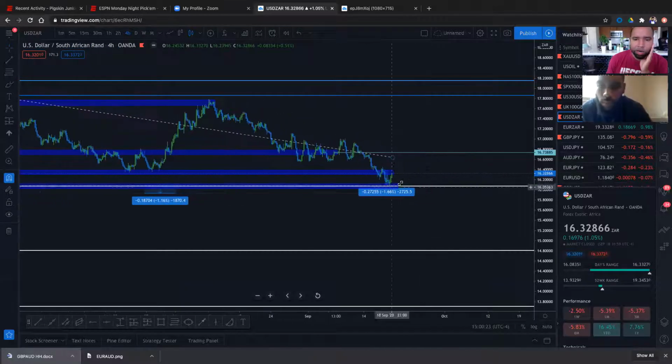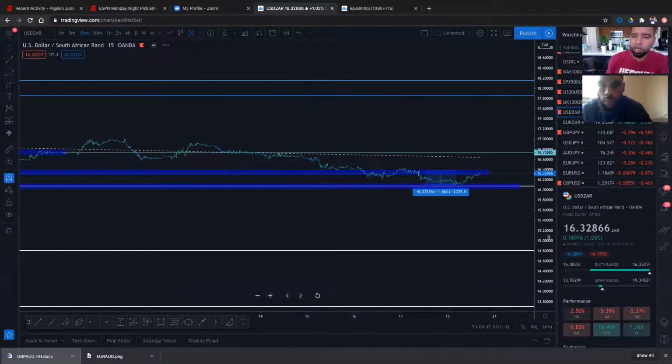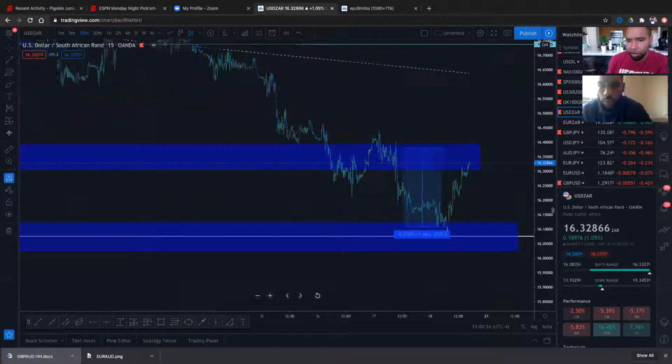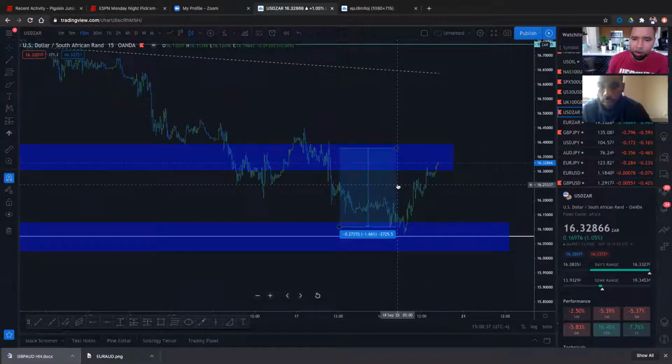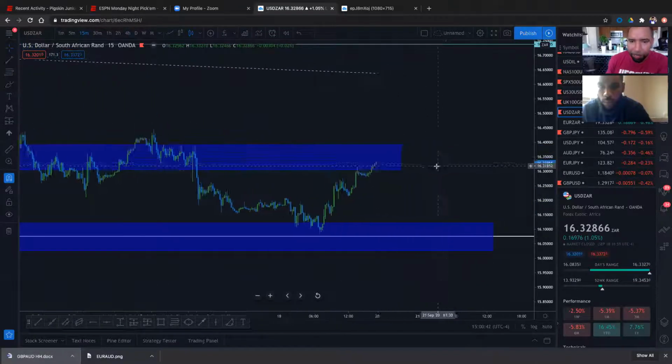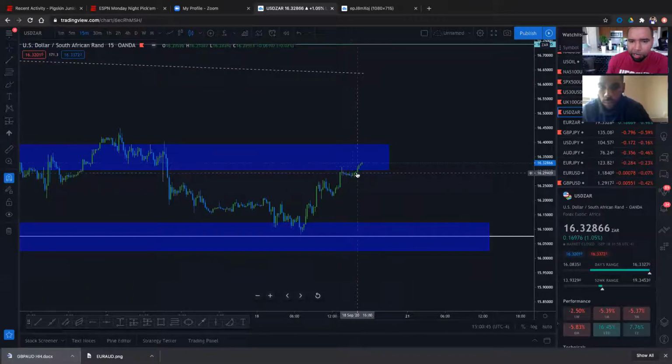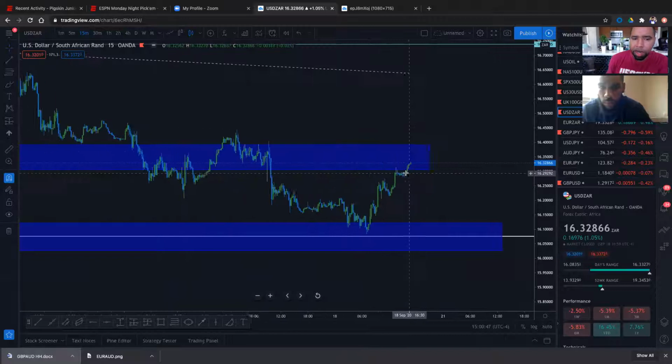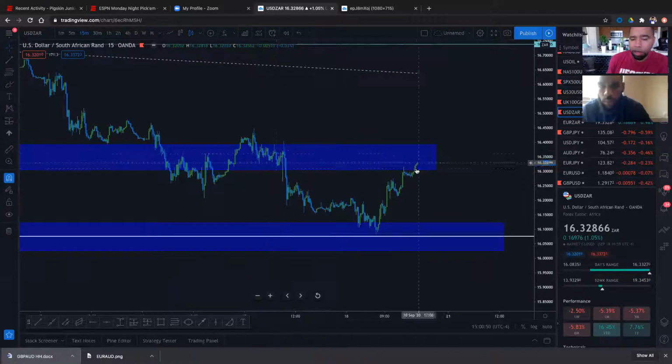So what we're anticipating is, this is what I always do. I always go back to the 15-minute to see what the smaller time frames are doing, because the smaller time frames indicate to you what's kind of going on. So I'll look at my 15-minute and I'll be like, okay, there was some consolidation and push up. Now, this is the deal. This is the zone, right? Thinking it's probably going to get to here or get to the top of this zone and probably make its way back down. So what I'll do is I'll tell on my TradingView,